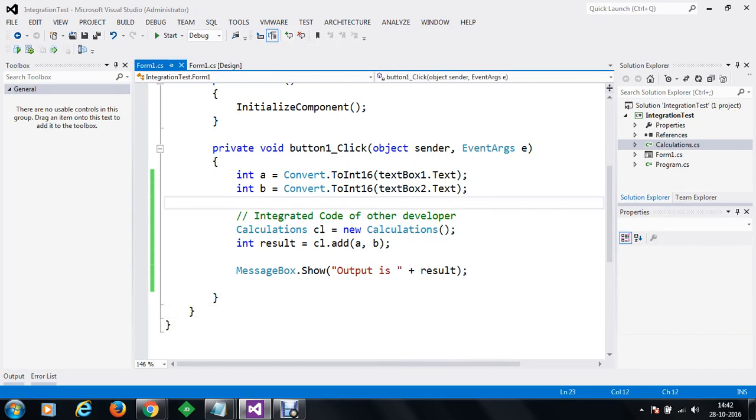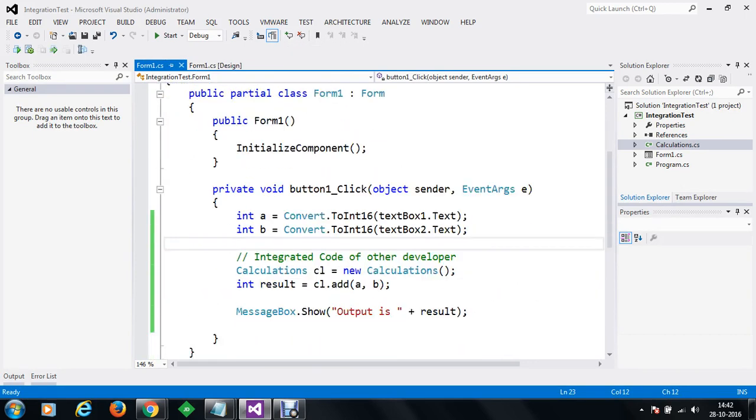Now we have to understand the integration test. So who will be performing integration test? The person who is integrating the code has the responsibility to perform the integration tests. Even though the methods may have passed all the unit tests, it could be possible that they may fail the integration test. So in order to perform the integration tests, what approach do we actually use?